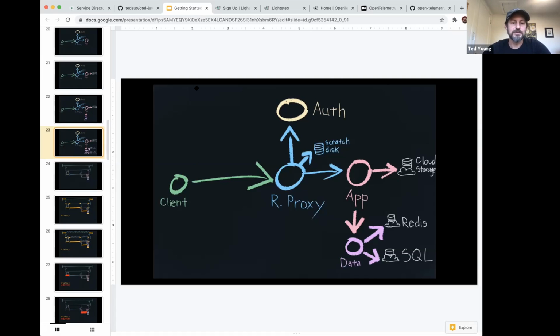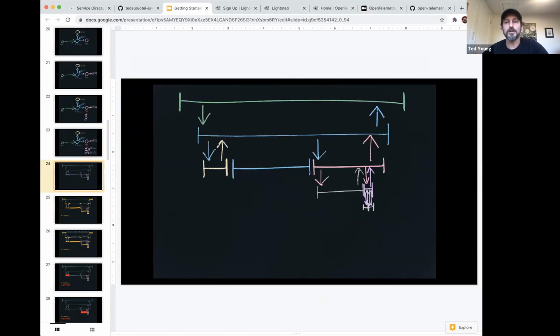So that is what I would call a service diagram view of a transaction. Another way to look at a transaction is more like a call graph. In this drawing, each colored line represents a service and the amount of time that was spent in that service. So here we have our client. The most time was spent there because the client was waiting for the transaction to complete. The client then talks to the proxy, talks to our auth service, writes down the image, talks to our app, and the app talks to a third-party service and our data service, and so on.